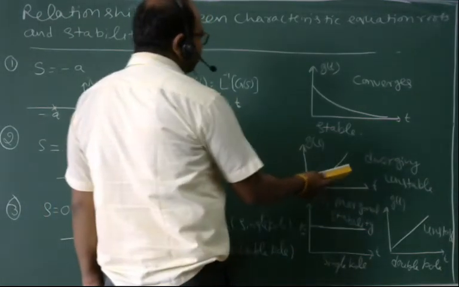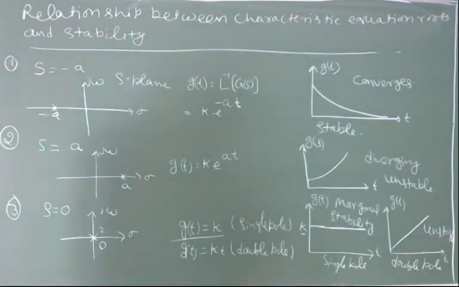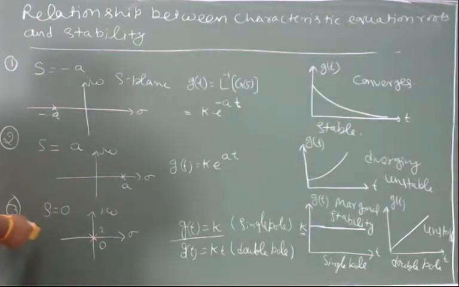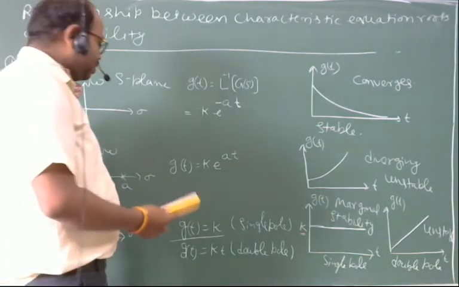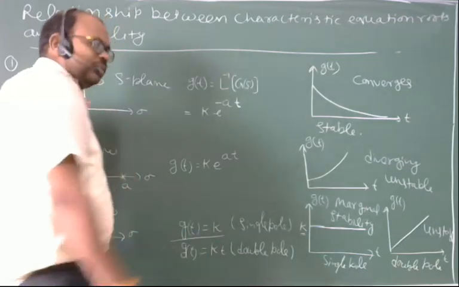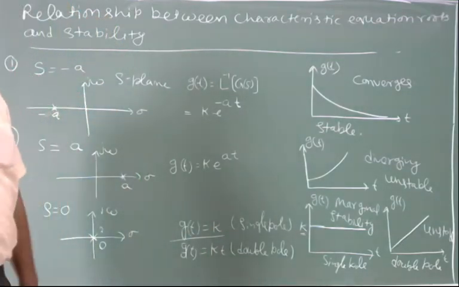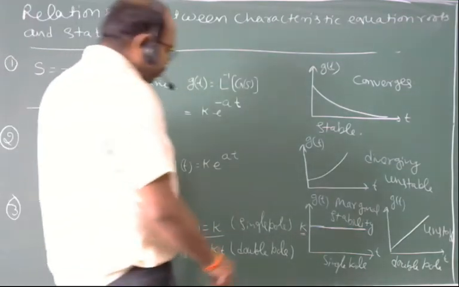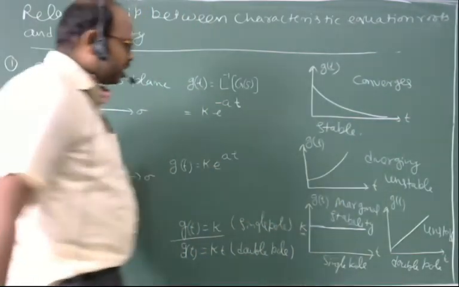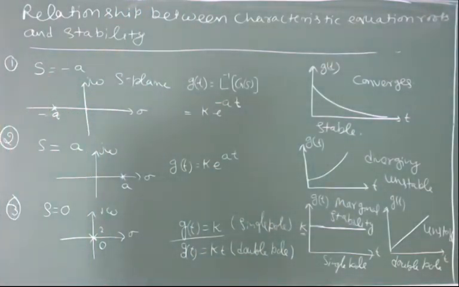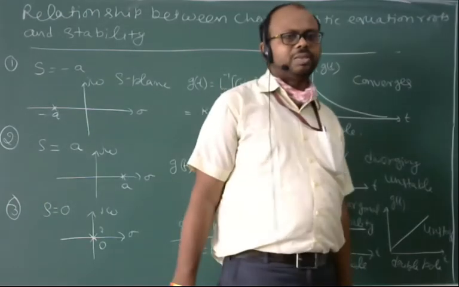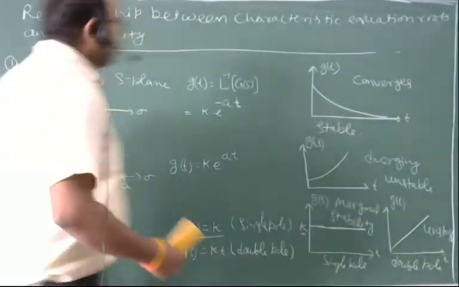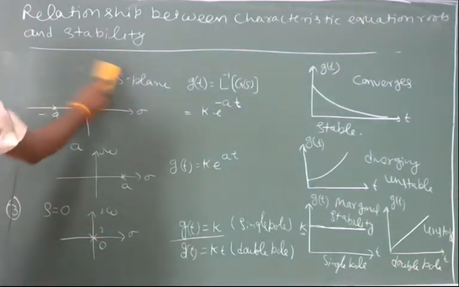Graph will be diverging and the system will be unstable. The third case, a real pole at origin. We have two cases in this. First, single pole at origin, and second, double pole at origin. If single pole is there, then the system is marginally stable, and if double pole is there, the system is unstable, right? Next case,